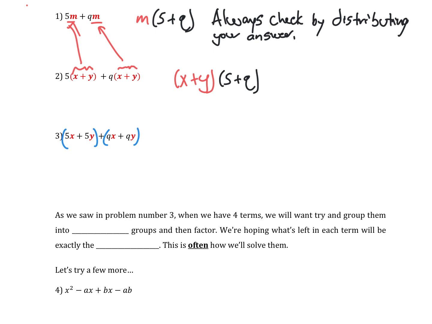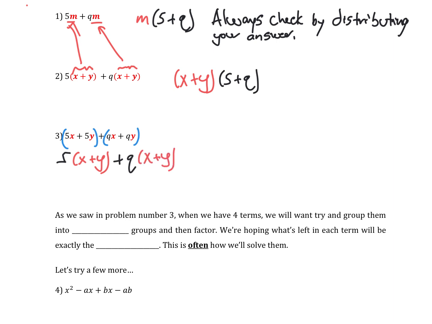Well, you can factor out a 5. And what are you left with? x plus y. And what can I factor out of the qx plus qy? Well, I can factor out a q, and I'm left with